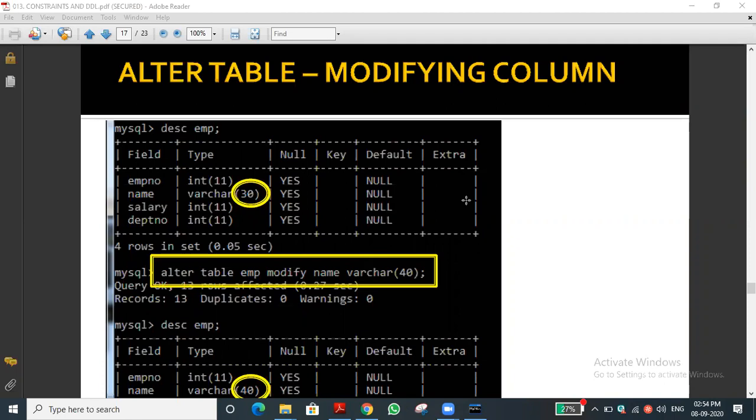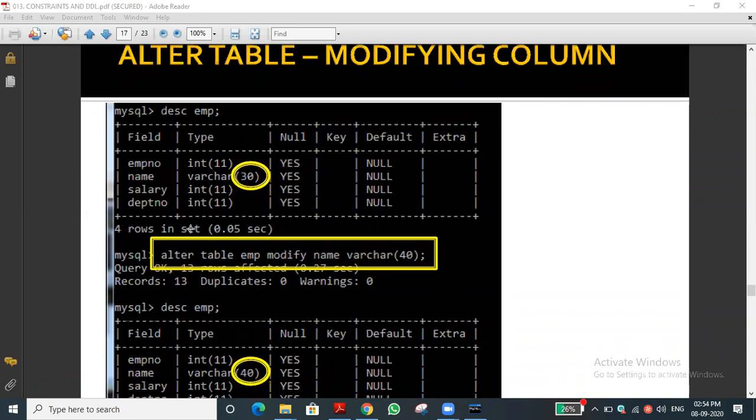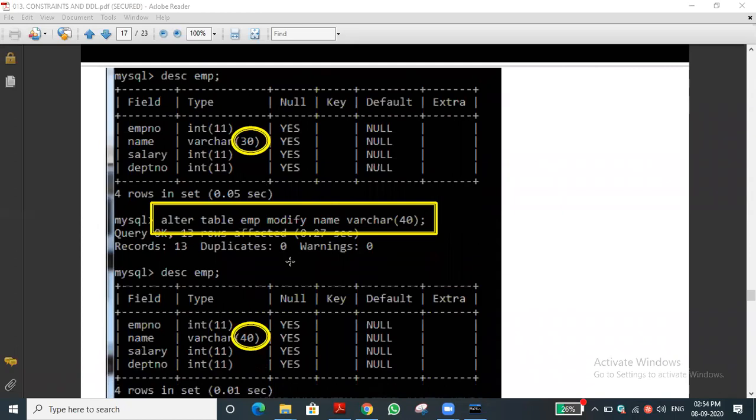So this is one of the concepts, alter table, modify column. Modifying column means how to change the data type. Data type alone we are discussing. That we can also call data definition. Data definition means what is the data type, what is the allocation. For example, 30 is the allotted value, instead you are updating it into 40. You can see this example on the screen also. Okay, so this was the concept. Let us go to another one.